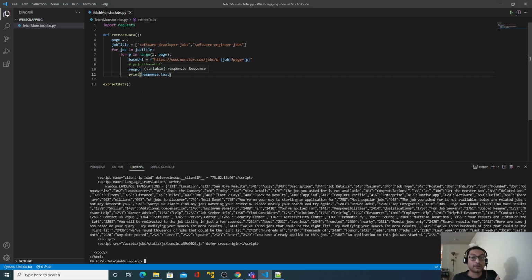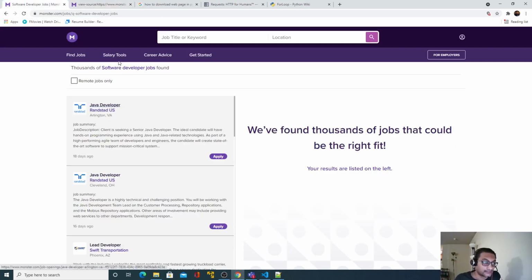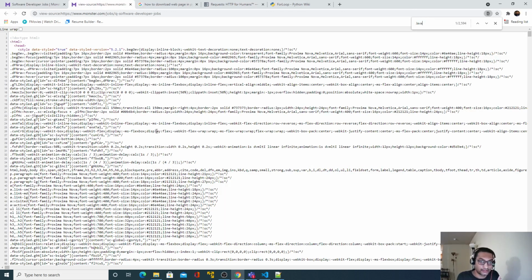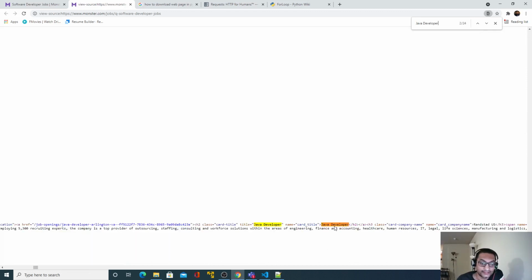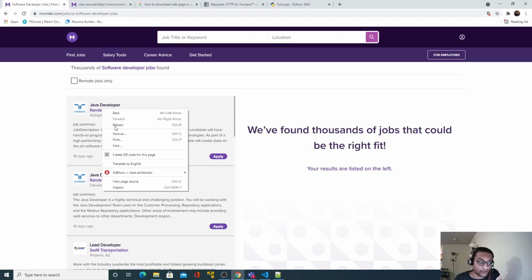All right, so the next thing we are supposed to do is extract this, let's say Java developer, Java. Basically our next task is to extract this particular information, the 5 things which we discussed: job title, company name, job location, when it got posted, and the URL. Or there is another way.